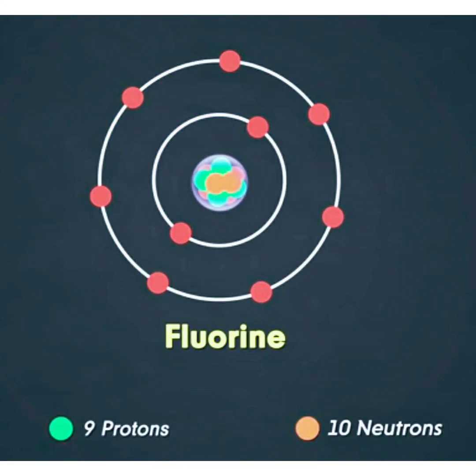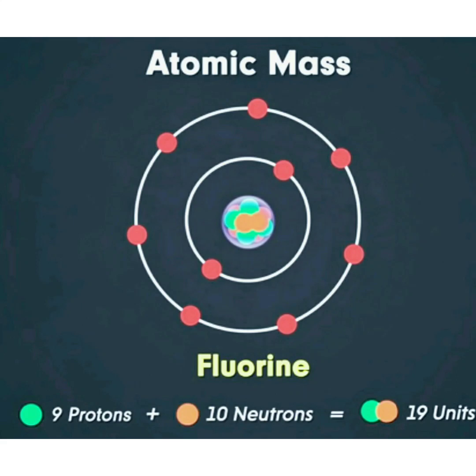To make this concept clear, let us take the example of a fluorine atom. One fluorine atom consists of 9 protons and 10 neutrons inside the nucleus, and it also has 9 electrons which are rotating around in orbits. But since these electrons are very small and negligible, we do not consider them while calculating the atomic mass. Hence, what is going to be the atomic mass for fluorine? Yes, that's correct. That will be 9 protons plus 10 neutrons, which is equal to 19 units. 19 atomic units will be the atomic mass for fluorine.